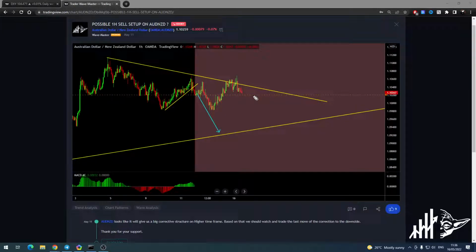So what we should do: if this corrects there, then another sell could play out. Then this will be just the big structure over there, but that correction needs to develop for a couple of hours. It needs to struggle there before you decide to take a trade. Similar to this one, see, those two setups could be similar. This could just be a classical flag, and then one more down. Something like this is what we will have there. So keep an eye and see how this develops.